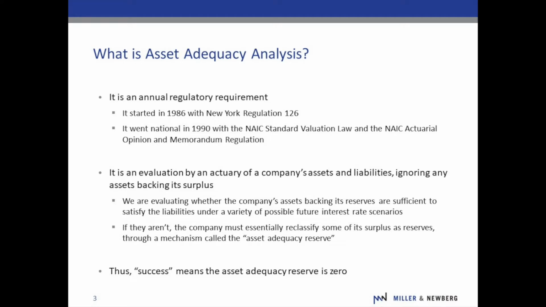All right. Now, on the asset side, the company has purchased a bundle of assets that are all being held at their book value. In the asset adequacy analysis, the actuary takes an amount of assets with book value equal to the reserve and creates a model of those things, models each of those liability policies individually, and models each of those assets individually, and then takes a look at a variety of future interest rate scenarios and makes some assumptions as to what will happen to those liabilities.